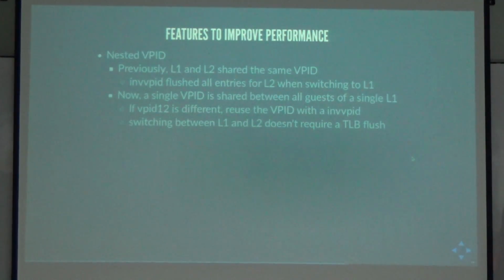But now we have a VPID for all level 2 guests, and every time the level 1 guest is switching between these level 2 guests, we invalidate. The advantage of doing this is that now L1 can have its own VPID, so you don't invalidate those address spaces when you have to invalidate level 2 guests, because the assumption is that level 1, at least in the context of nested virtualization, is more consistent, stays there, but level 2 comes and goes. So that way you don't have the performance impact of having to recreate all the cache entries for VPID.